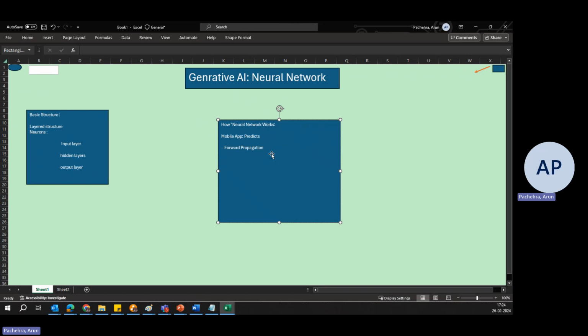As the data travels through the hidden layers, these are the hidden layers, each neuron processes the inputs, which are your ratings, using weights. Remember that weight signifies the importance of each rating for predicting your preferences, and biases are a kind of adjustment factor. That is the bias. All right, so let's think of each neuron in a hidden layer as focusing on a different aspect of your movie preferences.